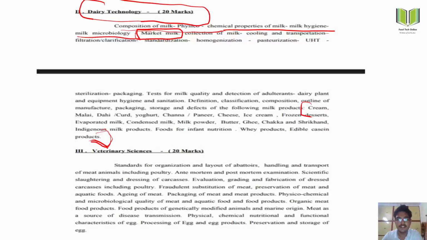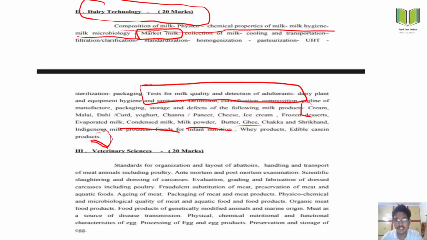If you do not find something in that book, you can go for the different ICR e-courses. In ICR e-courses, a separate e-course is designed for each subject or each topic. Like for condensed and dried milk, there is a separate e-course. For milk powder, butter, ghee, there is a different e-course. And for the testing of milk quality and detection of adulterant, you will also prefer the ICR e-course